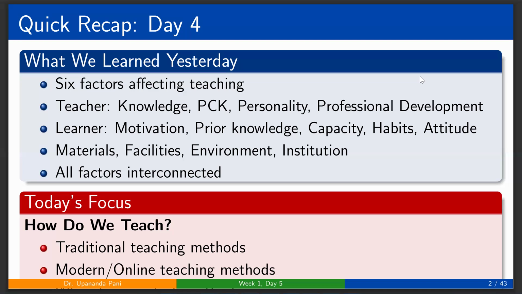We also learned that study materials, facilities, environment, and institutions all affect teaching, and all the factors are interconnected. So today's focus will be how we teach,